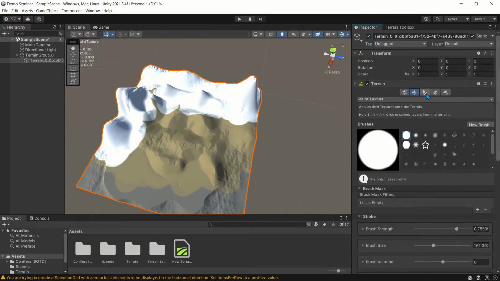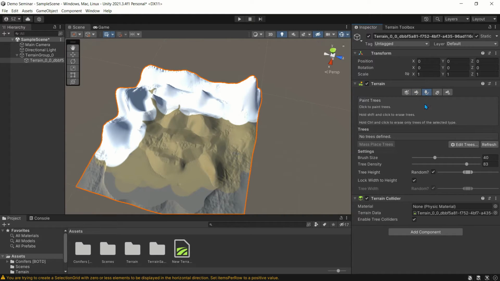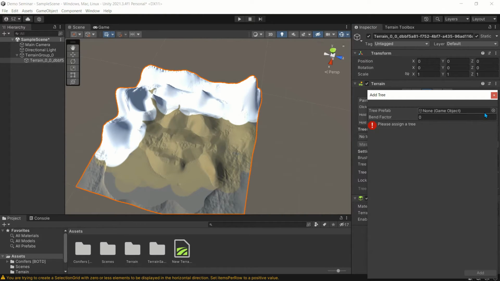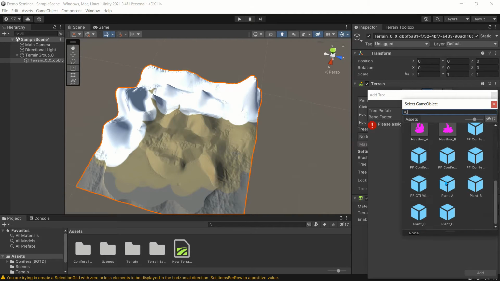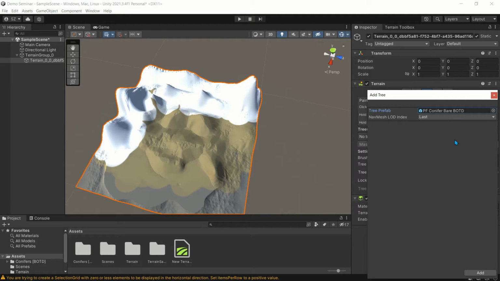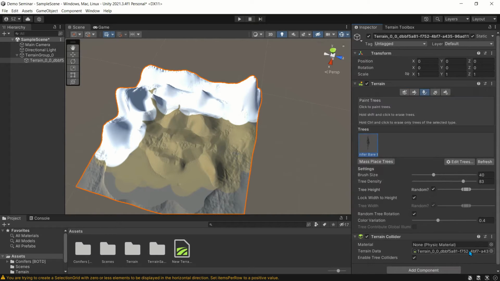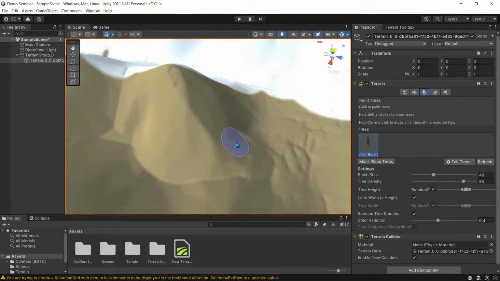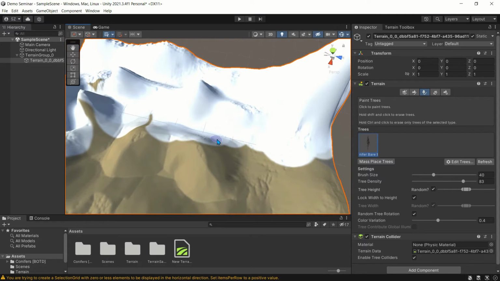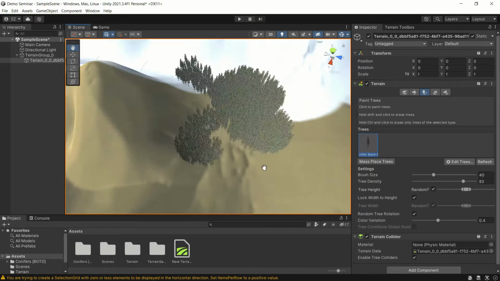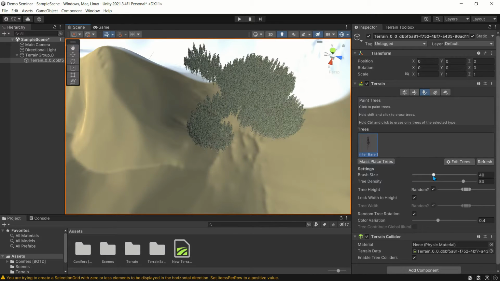Now let's start by painting some trees here. First, you can edit trees. Add some trees. And now I'll just choose this tree from my sample packs that I had before and add. You can just add the trees by clicking here. As you can see, there's tree spawning. You can also change the brush size